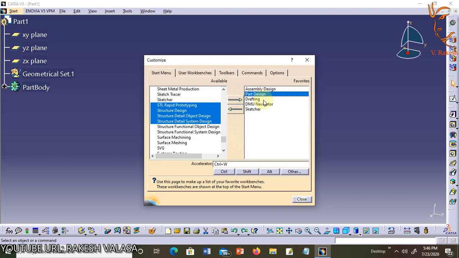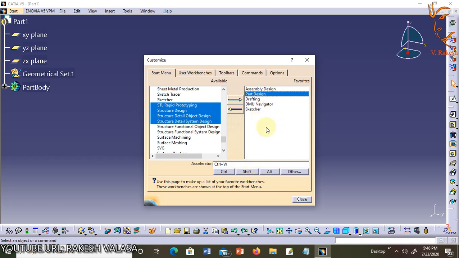Highlight the workbench you want to create a quick key for and type in the keys you want to be used for the quick key. I have given the shortcut key Ctrl plus W. Creating quick keys is not required for this lesson, but the option is there if you want to use it.